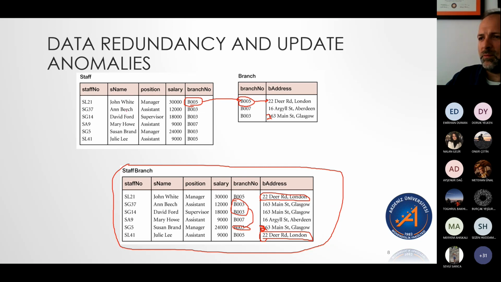Now I want to send a letter to Ann Beach. My database looks at B003, goes to the branch table, and says, where's B003? It's 263 Main Street. Now I send my letter to 263 Main Street. Does Ann get my letter? Yep, that's right. She does.